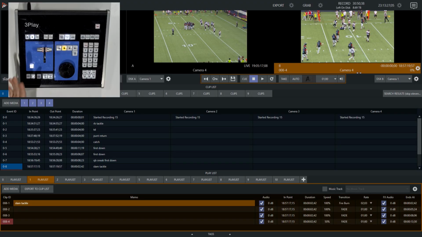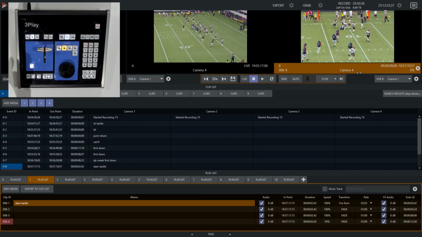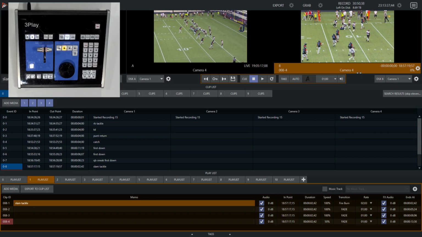Okay, so that gives you an idea of some of the things that you can play with on the 3Play. Again, there are tons of different things that you can do with this. This is a very awesome creative tool, and I'm just kind of showing you the basics on here. Now, you can do a whole bunch with this, but I highly recommend playing around with it and, of course,